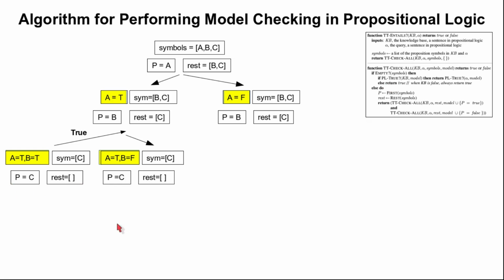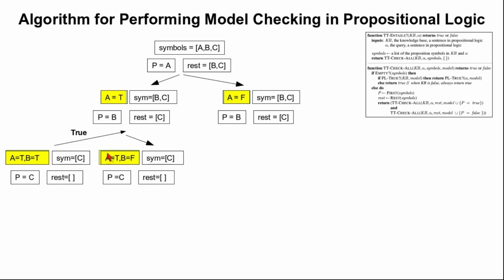So we have assumed in this example that if KB is true, then alpha is true, and both calls returned true, and hence true was returned here. But our algorithm is not yet complete. We have to follow this path now. So for this call,